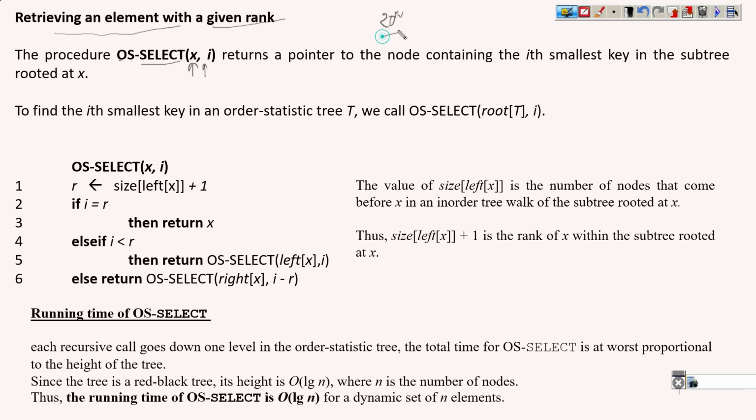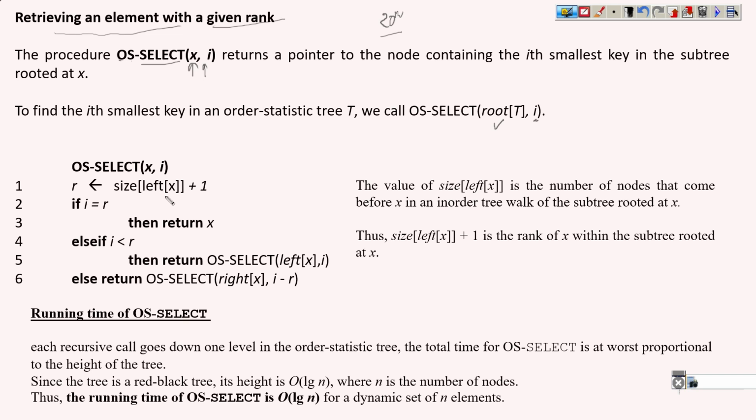This is just an example. So how can we find it using this structure? The pseudocode or the logic is given here. We need to pass the root of the tree and the position, the i, meaning I want to know the ith smallest element. So I will pass this i. Now the rank is found